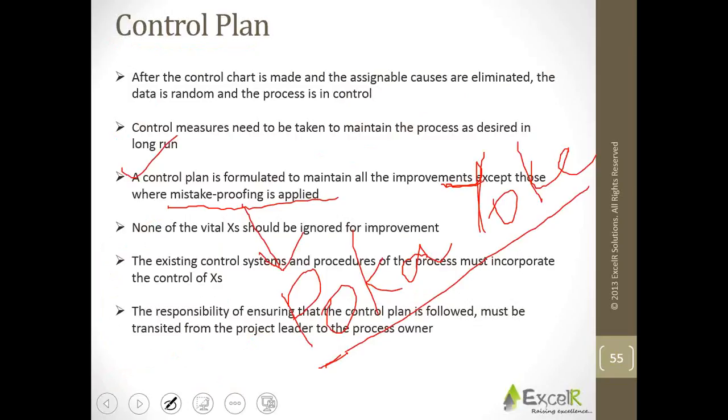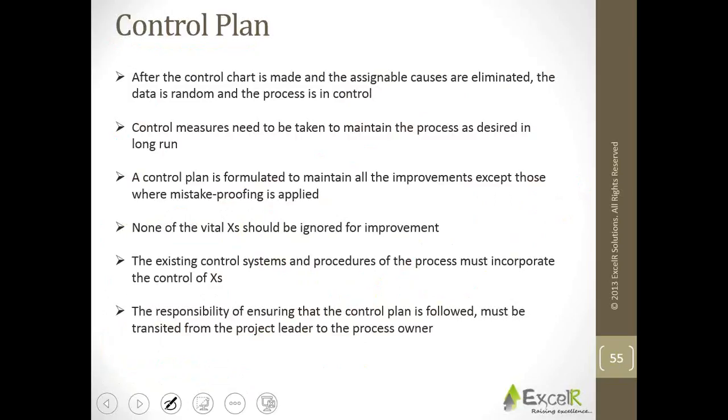As I was telling, even in the traffic, even on the highways, right, wherever we have the street lights, those street lights switch on by themselves when a vehicle moves on the road. When there is no vehicle moving on the road in that direction, the street lights will be switched off. That is a way of mistake proofing the electricity usage. So in this way, if there is any mistake proofing or Poka-yoke done, you need not formulate it in your